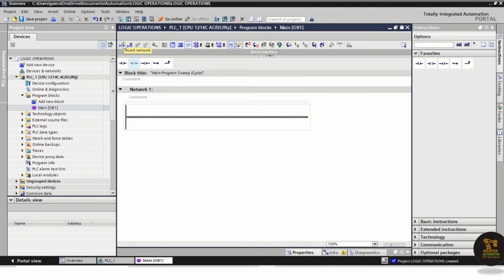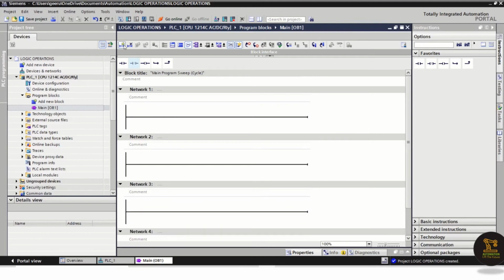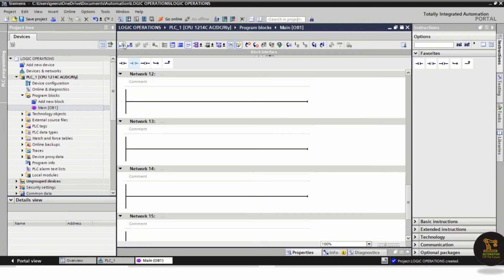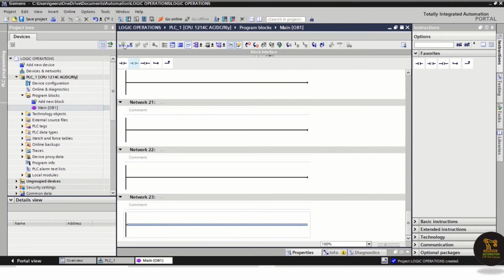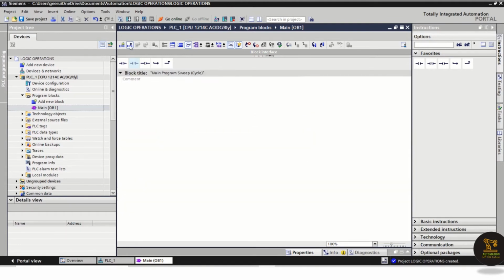Here you can insert networks. You can create thousands of networks and program them. This is to create the network and this is to delete the network.